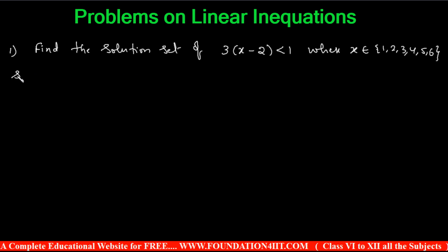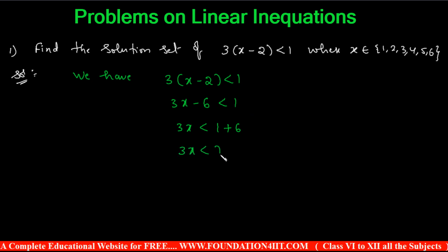Okay, so here, let us see the given. So this is, we have inequation, that is 3 into x minus 2 less than 1. We should simplify this with 3, multiply this both. Okay, 3 into x, 3x minus 3 into 2, 6 is less than 1. Then adding plus 6 on both sides, that means minus 6 you can take right. So 3x is less than 1 plus 6. Okay, plus 6 if I add, this minus 6 plus 6 cancel. Otherwise you can take this minus 6 to right side plus 6. 3x is less than 7.